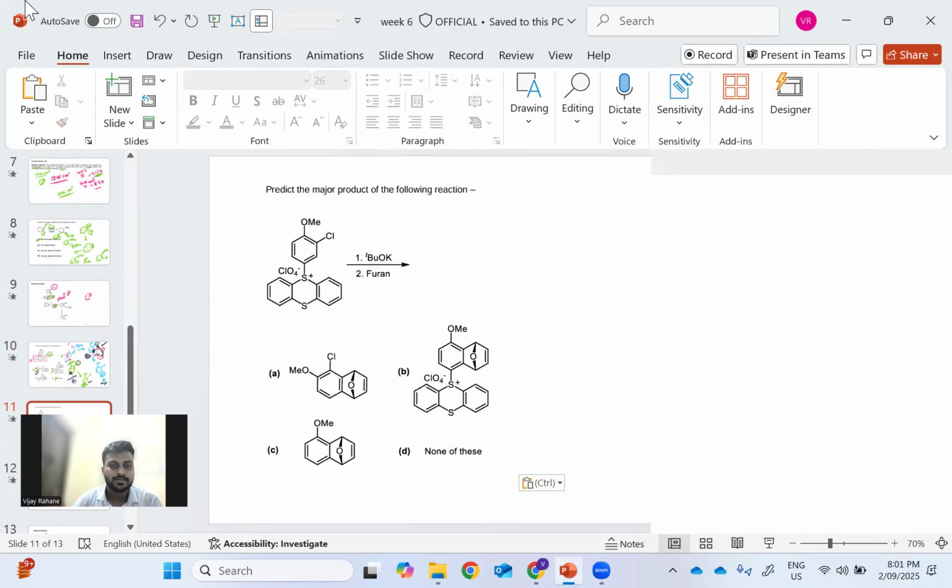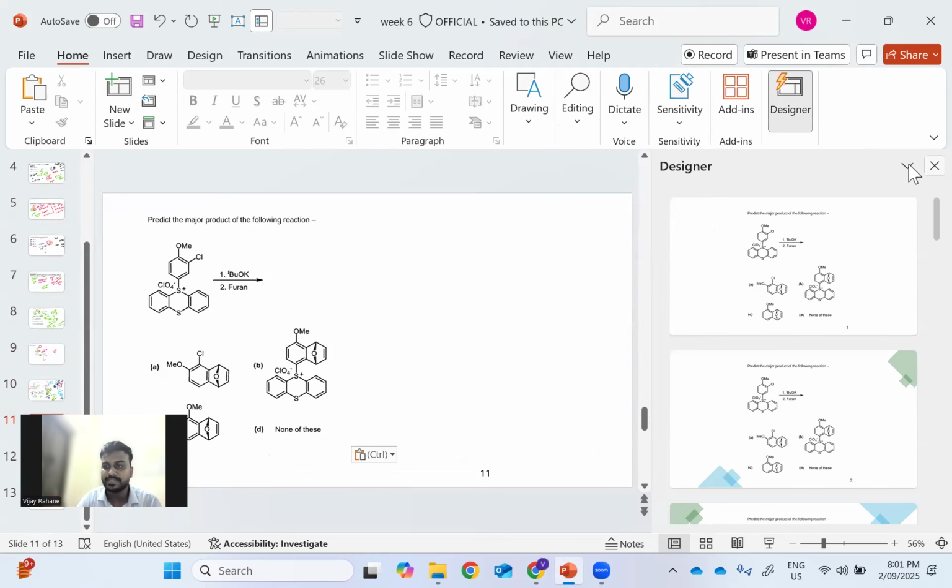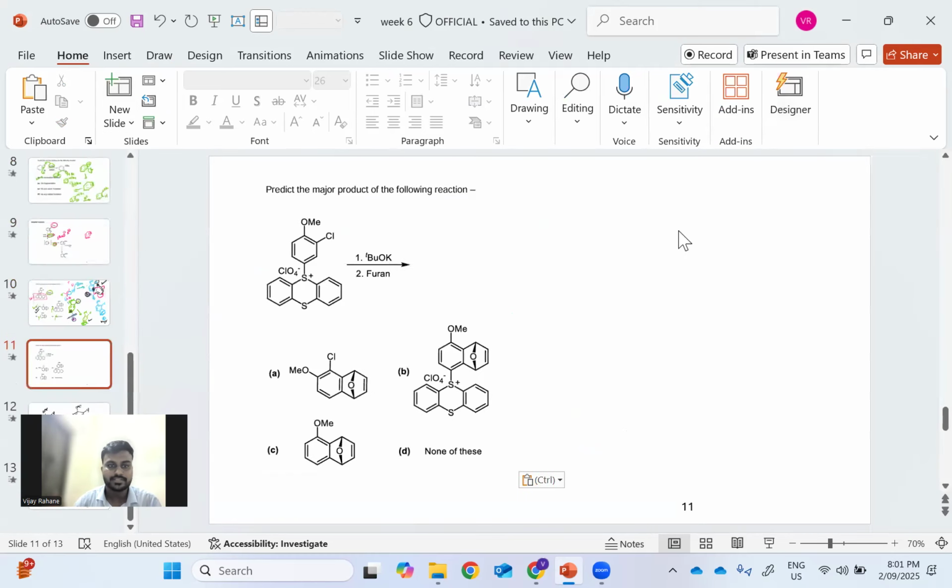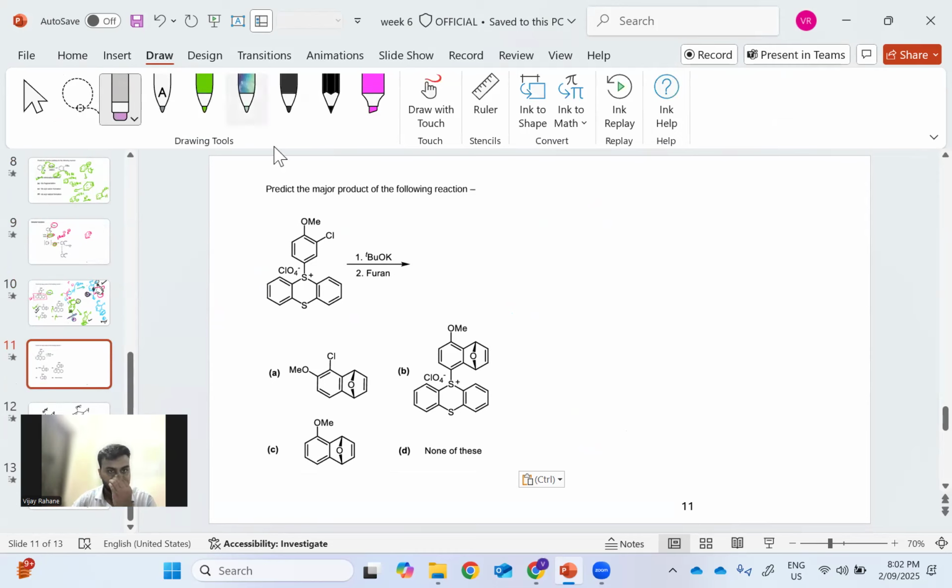So you need to identify in this one which is the eliminating group. If you look at the structure, the eliminating group is this entire group. So the first step is the